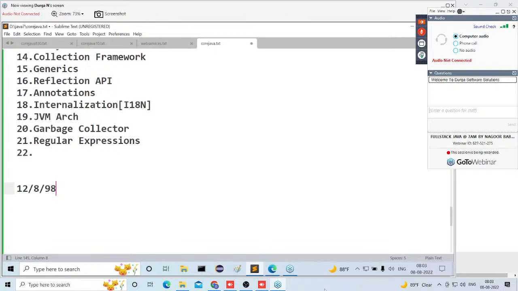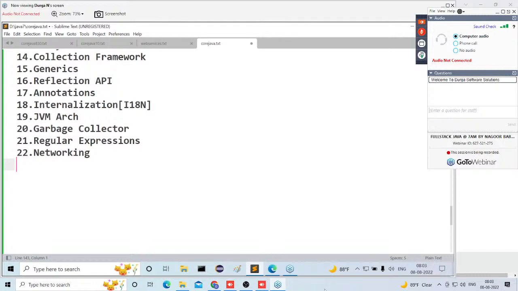Observe carefully. At the advanced level, we are going to understand more about these regular expressions. But at core Java, how to declare the patterns and how to apply those patterns to our values, everything we are going to understand inside this core Java part of regular expressions. This is also one of the useful topics in future technologies. All right, sir. After completion of regular expressions, next we are going to understand networking.